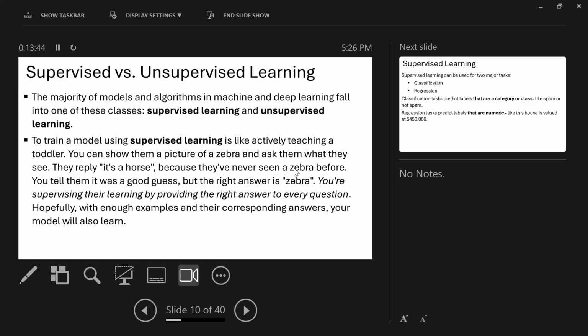So supervised learning is giving the answer to the particular problem and training a model so that in the future it will be able to predict the right answer for that particular question.